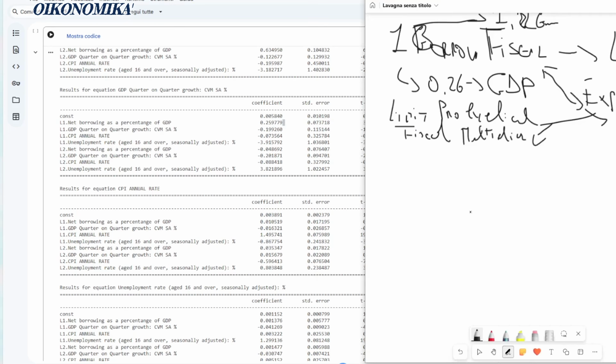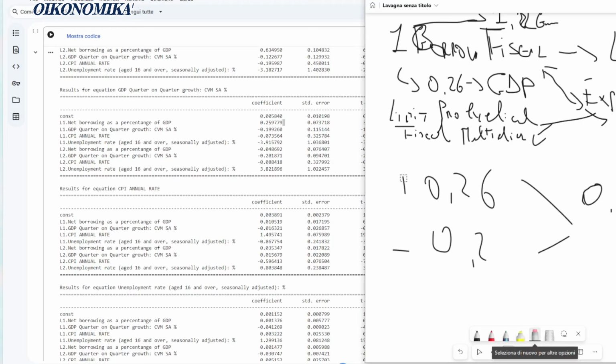So very simple. If GDP goes up by 0.26, but the previous quarter growth was negative by 0.2, the net effect is 0.06. So it's very small. What I want to demonstrate is that when you have this in the UK,